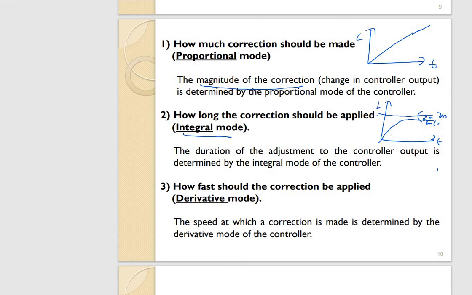The function of integral mode is to decide how long the correction should be applied. So the main characteristic of this integral mode is the duration of adjustment to the controller output. So normally, if we add in integral mode into the proportional mode, this kind of response, this is P controller only, we will get